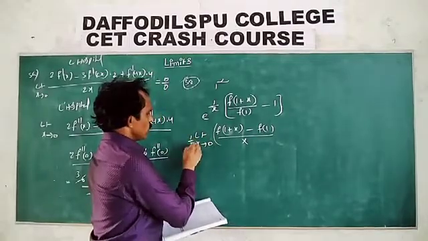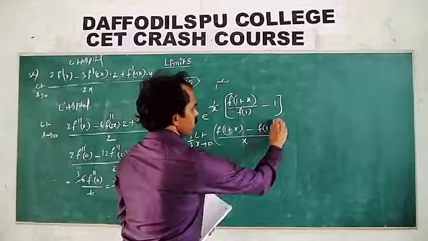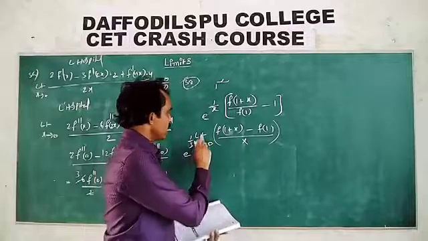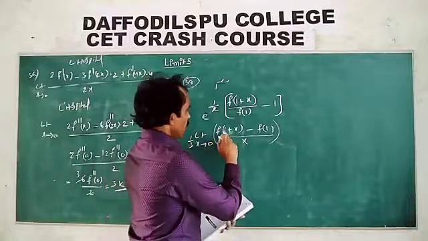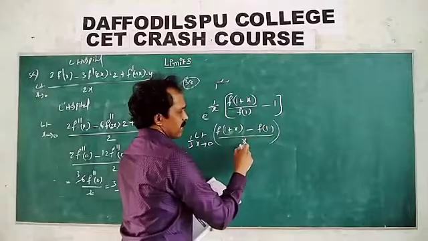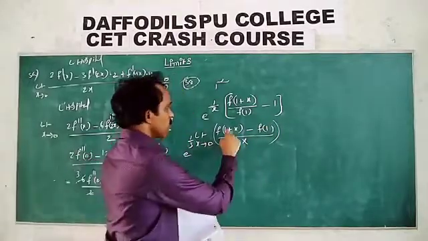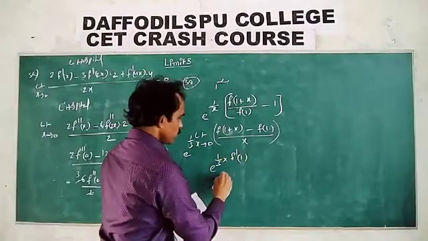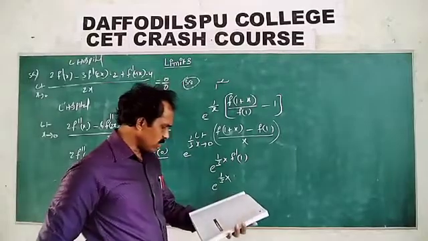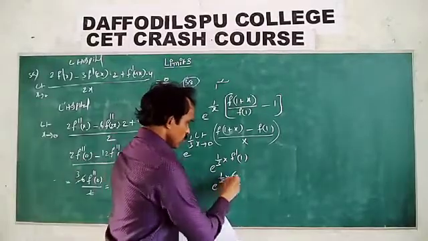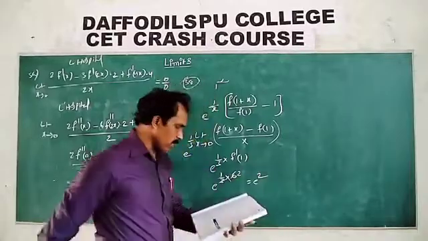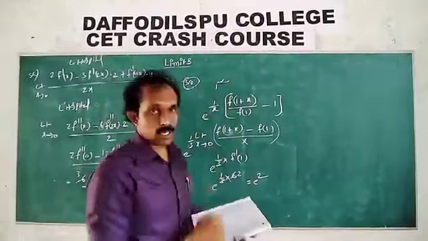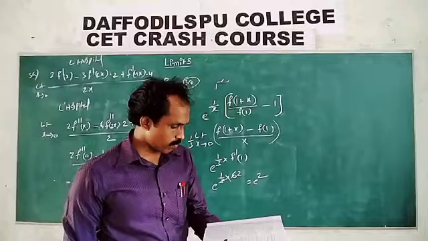Limit x tends to 0, 1 by 3 e power. This is the form of the first principle, f of x plus h minus f of x divided by h. Limit x tends to 0, f of x plus h minus f of x divided by h, that is f dash x, the derivative. So therefore 1 by 3 into f dash 1 is equal to 1 by 3 into f dash 1 value, given 6. So 3 e to the 2. Therefore the answer is e square. Clear? Option 3. Otherwise, take log on both sides also. You can do this problem. Right. 39.